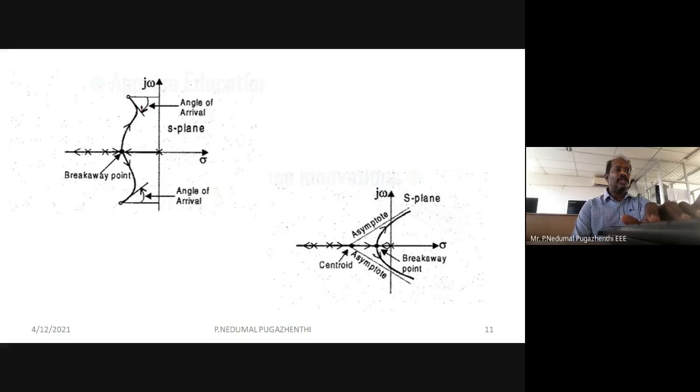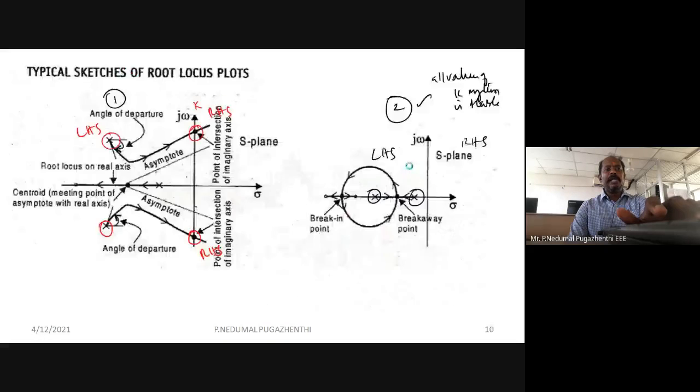And here also you can see all the poles are lying on the left hand side, so your system is stable. For the third, the system is stable. No value of k makes the system move towards the right hand side. But in the fourth curve, you can see that at some value of k, the root is moving away from the left hand side and entering the right hand side of the S plane. So this is stable only for a few values of k. Beyond a value of k, it becomes unstable. These can be identified using the root locus.